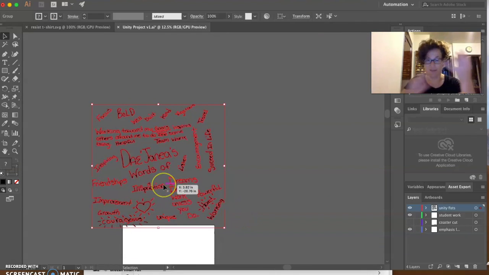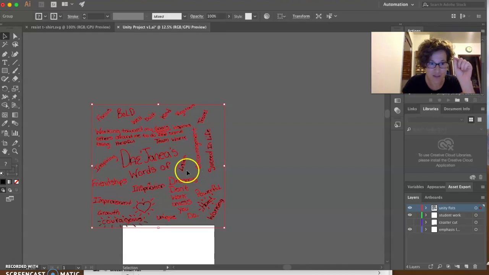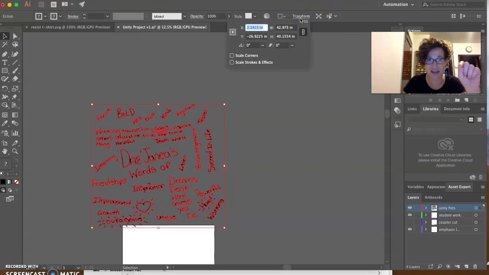Okay, great. So everything is grouped together and I haven't scaled it yet. So what I want to do, and I learned this just 2 seconds ago because I Googled it. So Google things when you don't know what to do. So you're going to click on the object, and then up here at the top it says transform. Go ahead and click on that. And down here it says scale strokes and effects. Yes, we want it to scale the stroke. So scale it, make it smaller when we make everything else around it smaller. And now